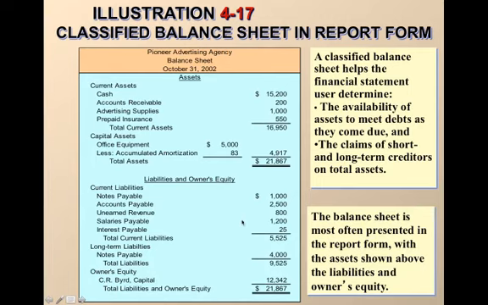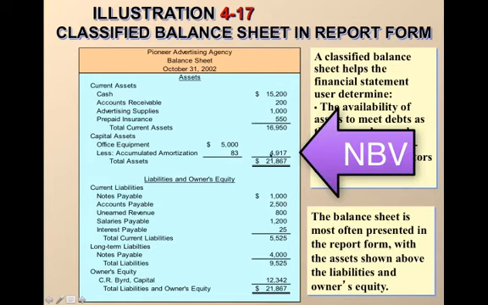This is a very, very simple classified balance sheet because, as you know, we have things like HST recoverable and payable. That's not even on here. And there's a whole bunch of capital equipment that needs to be amortized. So this is very basic, but basically we have our current assets listed first, then our fixed assets with their